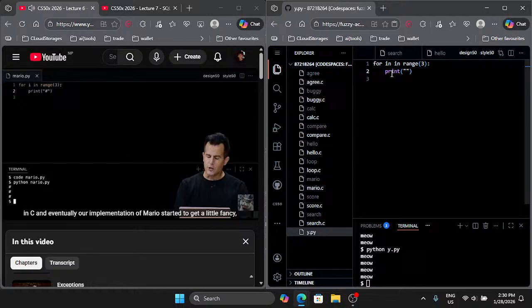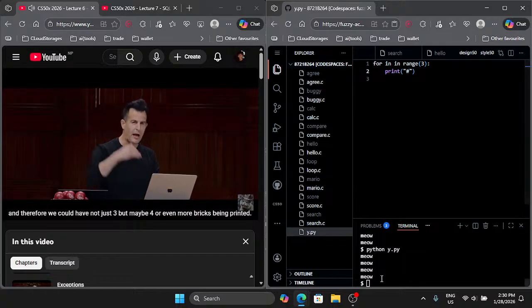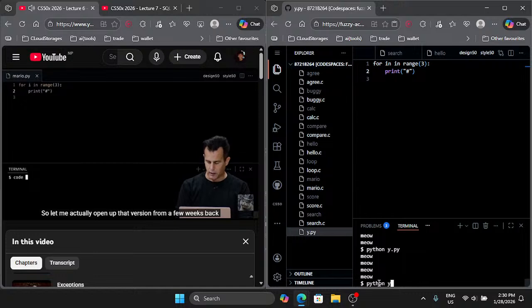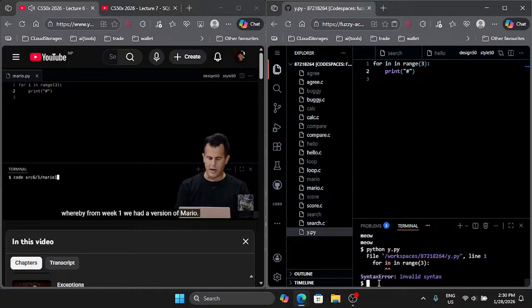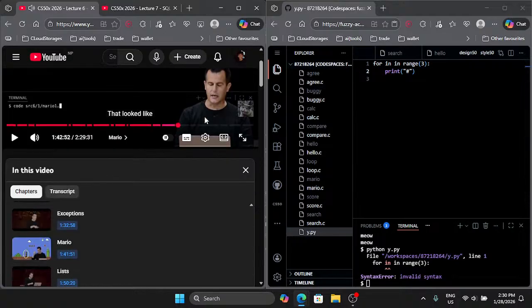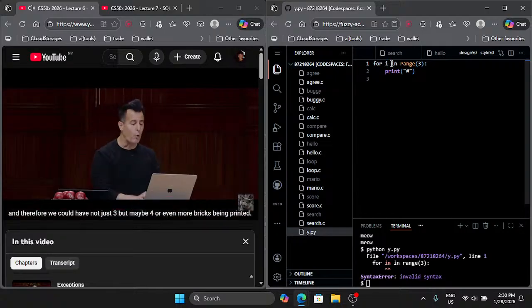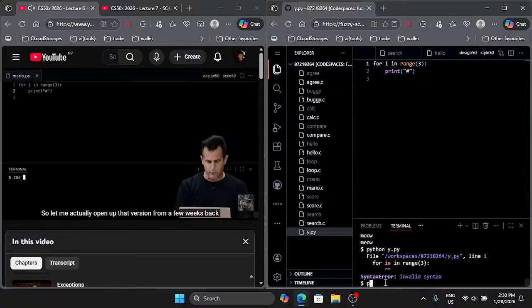But in C, eventually our implementation of Mario started to get a little fancy, and we started to prompt the user for the height of the wall, and therefore we could have not just 3, but maybe 4 or even more bricks being printed. So let me actually open up that version from a few weeks back, whereby from week 1 we had a version of Mario that looked like this,